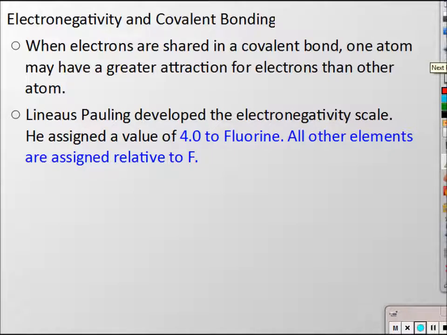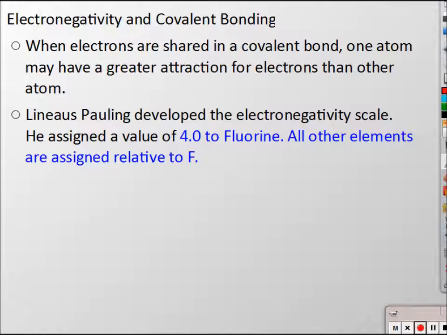Now, one way scientists wanted to find out, can we start to categorize these bonds? Can we figure out how these electrons are shared? Do all atoms share equally? And the answer is no, they don't all share equally. If you remember in our periodic table,